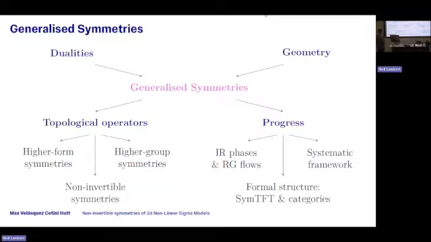So it's been a reasonably fruitful program over the past 10 years or so. In particular, we've learned quite a lot about infrared phases of quantum field theories and how to use these symmetries to constrain renormalization group flows. And it also gives us a somewhat more systematic way to view the operator spectrum of QFTs. There's been a lot of work also on the formal structure of these topological operators, particularly borrowing ideas from category theory in maths and tools such as the so-called symmetry topological field theory, which aren't just maths, they're also useful. In particular, they've been important in some of this work on infrared phases.